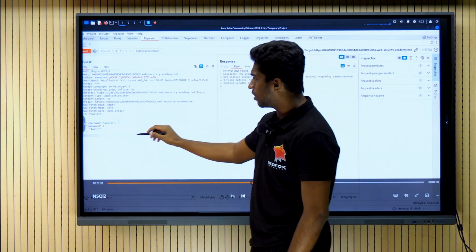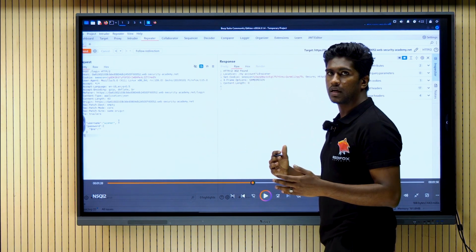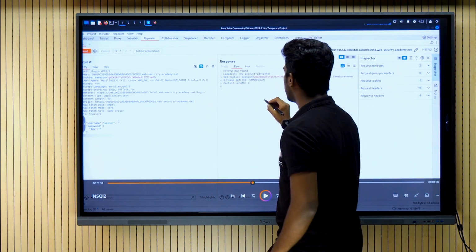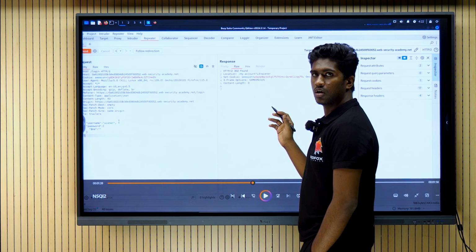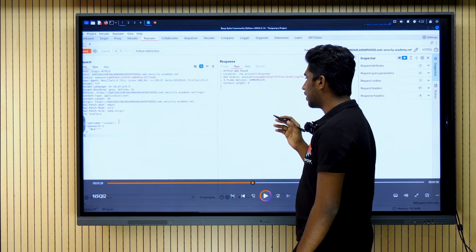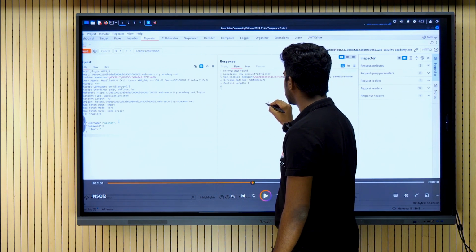Let me explain the operators that we typically use. One of them is the not equal to operator, and the other ones are operators like